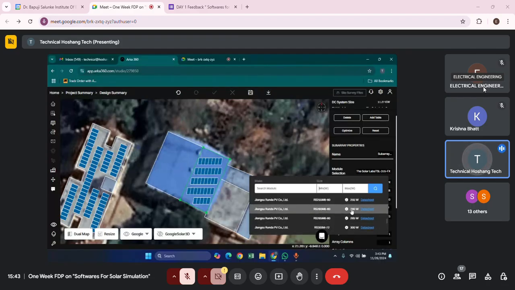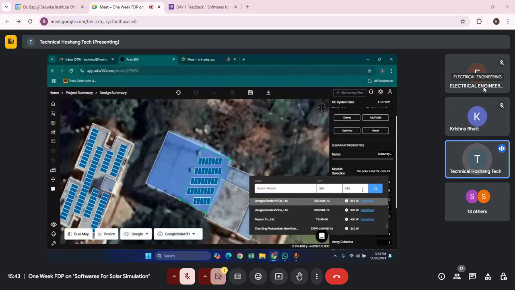Solar panels start from almost 80 watts; you have specified solar panels, let's say 100, 150, 185, then 200, 250, 300, 335. 335 is the normally used solar panel. Then you have 450, 550, 650, and with the latest technology, we have a 720 watt solar panel. These things get upgraded with time. So you have all types of solar panels to run almost all combinations, and you can complete the required space. So let me install